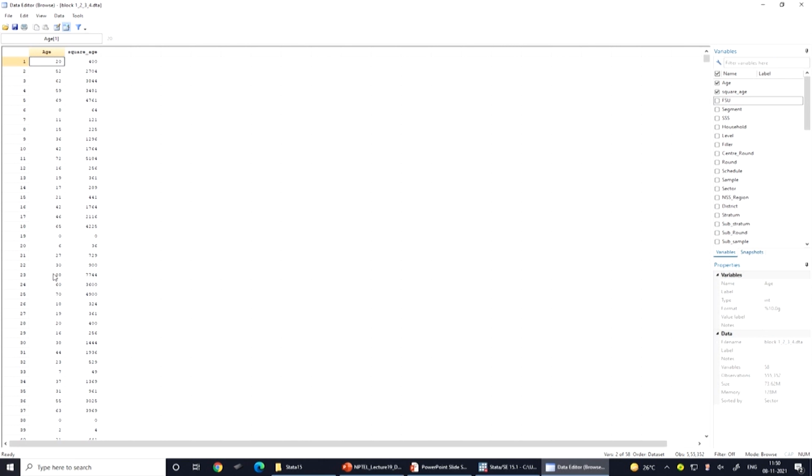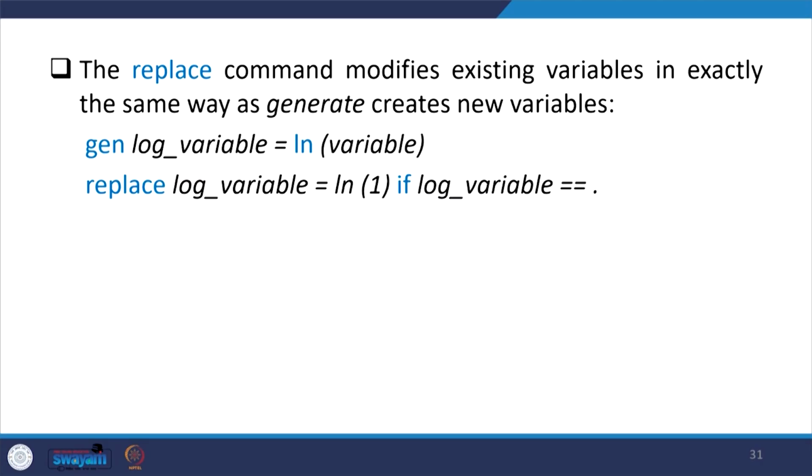Let us move to our next explanation. Replace we have already shown through the operation. The replace command modifies existing variables in exactly the same way as generate creates new variables. So with generate you do the logarithm transformation. Then you can also replace the variable when you know that there are some missing values in the data entry, shown as a dot.